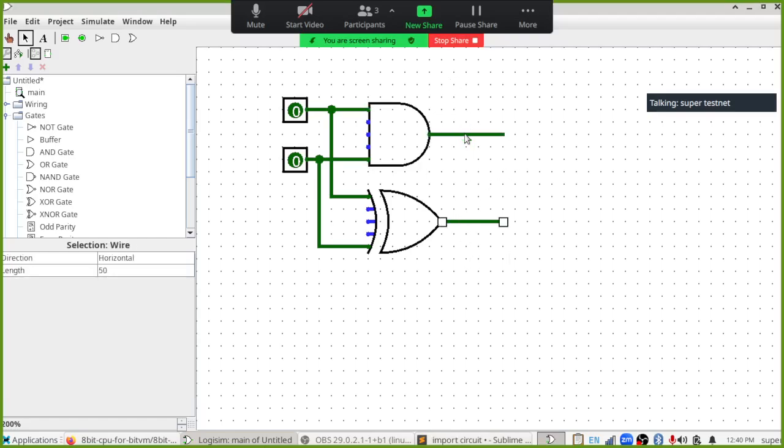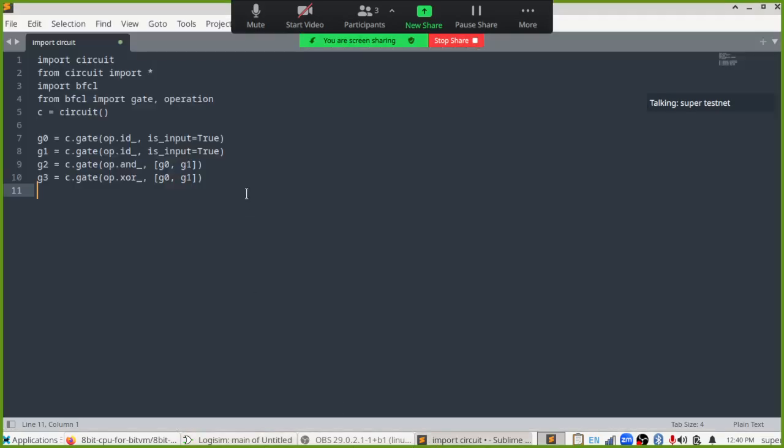And the circuit library wants us to represent those separately. So we've got to make 2 more identity gates. And these ones are going to be is output equals true. And we will actually specify here which ones they represent. They represent G3 or G2 and G3. We'll take the outputs of gates 2 and gate 3 and turn them into identity gates where we specify that these are outputs. So now I can actually run this program, and we can put inputs into it and see